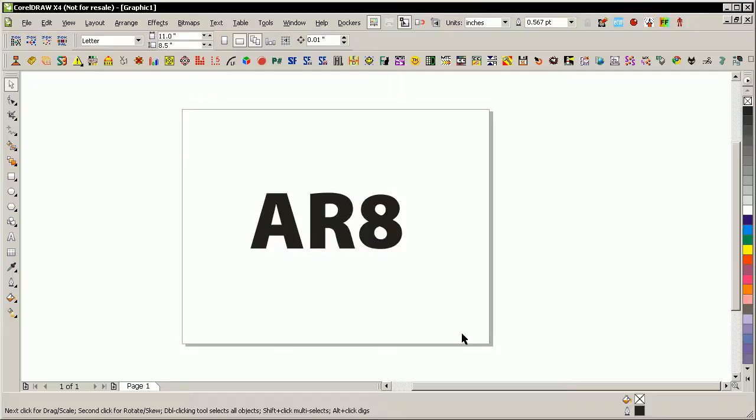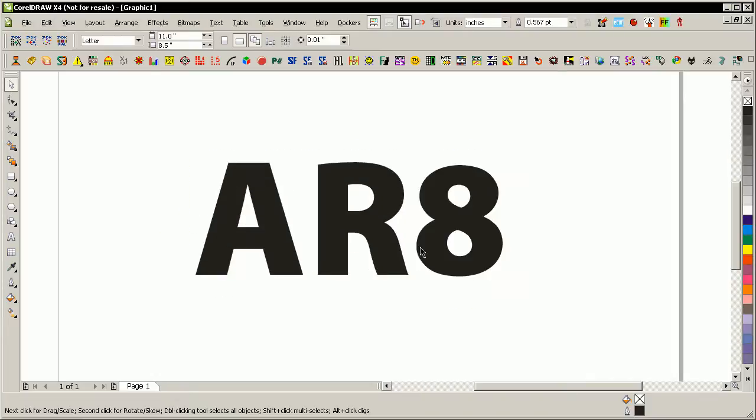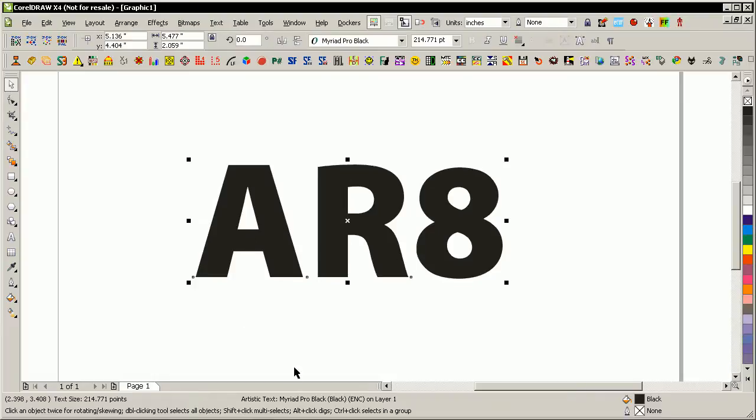Somebody had a question in the CorelDRAW forums on how to deal with the interior parts of some fonts. I'm suspecting that they wanted to make some kind of a stencil, and that when they cut out the lettering here, the interior pieces were falling away. Perhaps they're doing vinyl cutting or something like that. Not really sure. But anyway, one way to deal with this issue is to type out the font or the